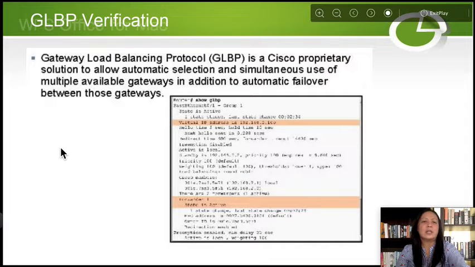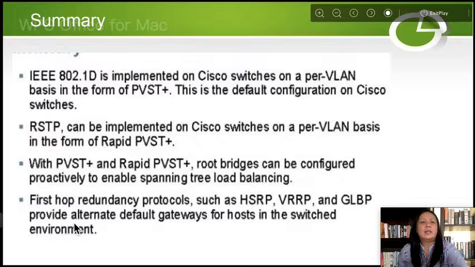And then the GLBP verification. The Gateway Load Balancing Protocol is a Cisco proprietary solution to allow automatic selection and simultaneous use of multiple available gateways, in addition to automatic failover between those gateways. And then the summary for this topic is the IEEE